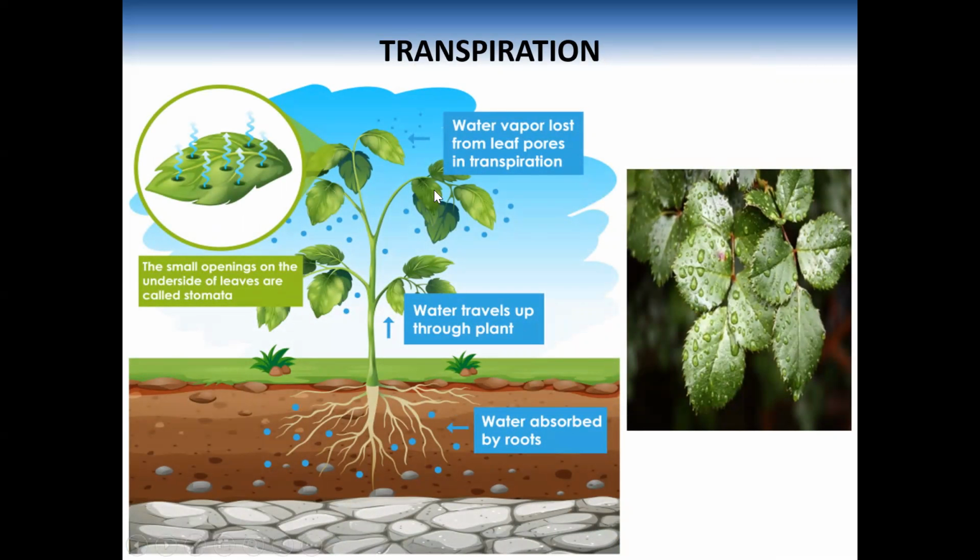First one, transpiration. So in this picture, you can see that water and minerals are absorbed by the roots from the soil. Then they are transported upwards with the help of the stem. Water is provided to all the leaves of a plant. Then with the help of stomata, water is released in the form of water vapor into the surroundings because of the heat of the sun. So this is the process of transpiration.